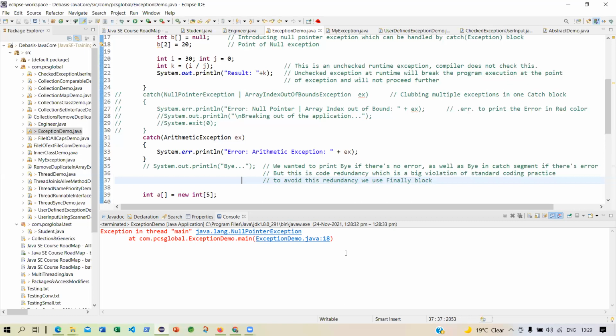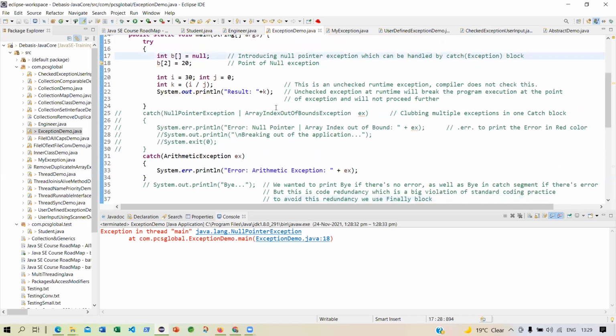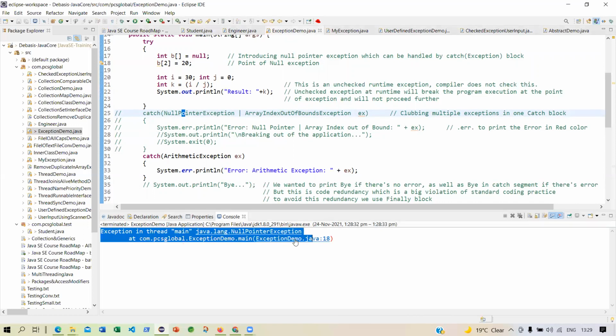You have not handled the exception. You didn't know that this statement can give a null pointer exception. It can happen. This is why in development, whenever you run this statement, you will get this exception. Then only you will introduce the null pointer exception handling. That is how the development work happens. Because the user should not be given such an error from the runtime engine.